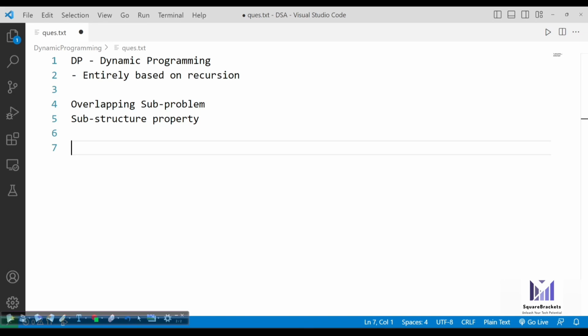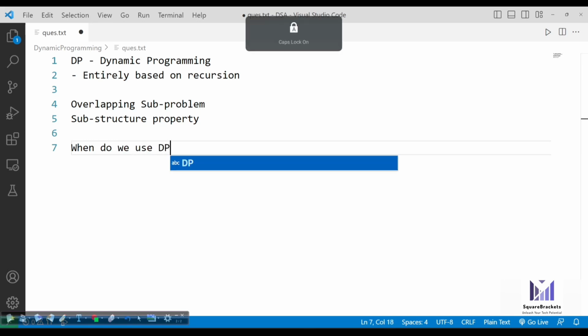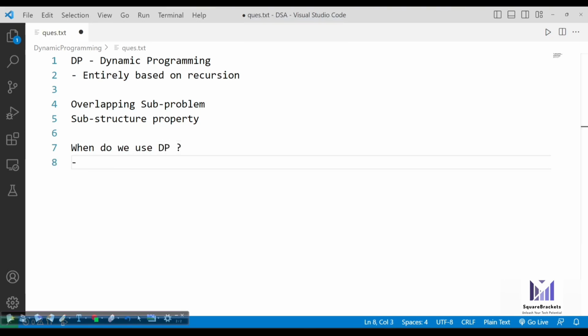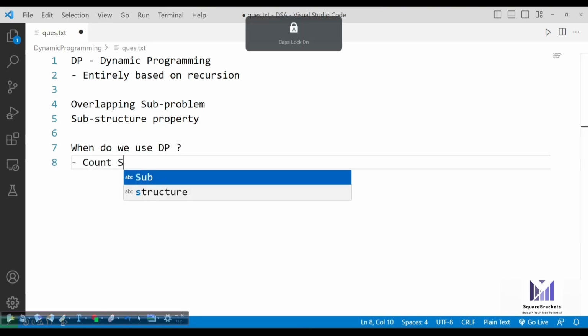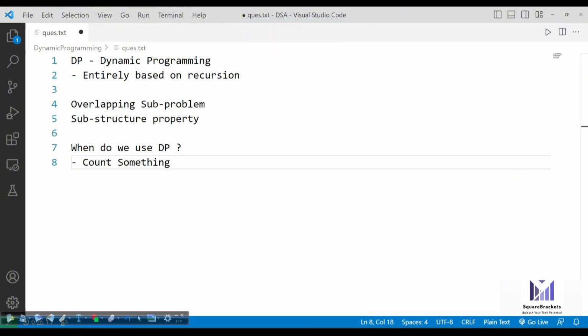Using DP, we are going to solve the same questions that we had in recursion, but in a more efficient way. So when do we use DP? When we have to count something, like counting the number of ways of doing a particular thing, just like we did in the dice count or other questions.